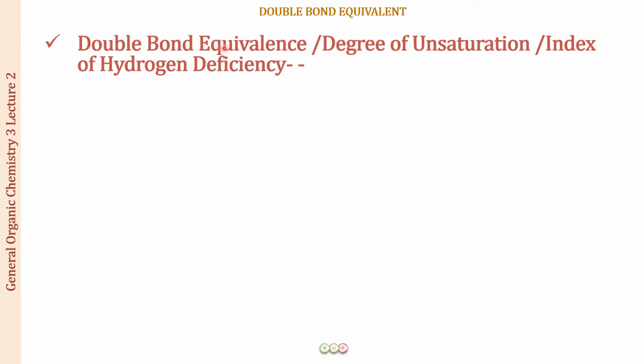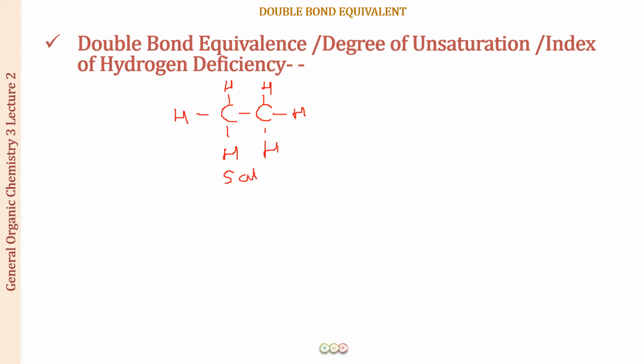Alright, now this double bond equivalence, I'm also calling this degree of unsaturation. So let us understand what this means. Degree of unsaturation relates to unsaturation in a compound. Now what is an unsaturated compound? Well, we have two types of compounds, saturated and unsaturated. This is what you started to study when we started the classification of organic compounds. So saturated compounds are those compounds where all single bonds are present in the structure, right? For example, you have ethane over here that I'm drawing. So you can see between the carbons, between carbon and hydrogen, you have all single bonds. So this is a saturated compound.